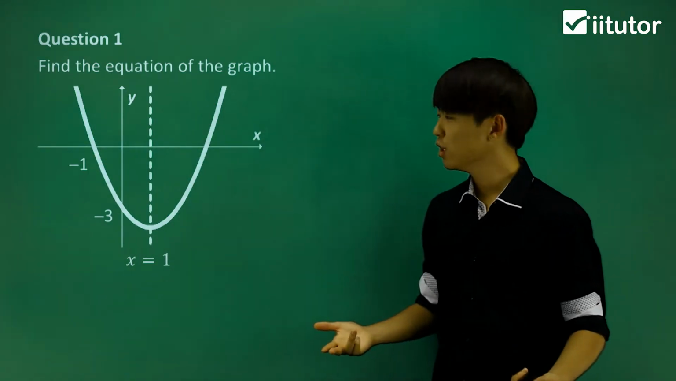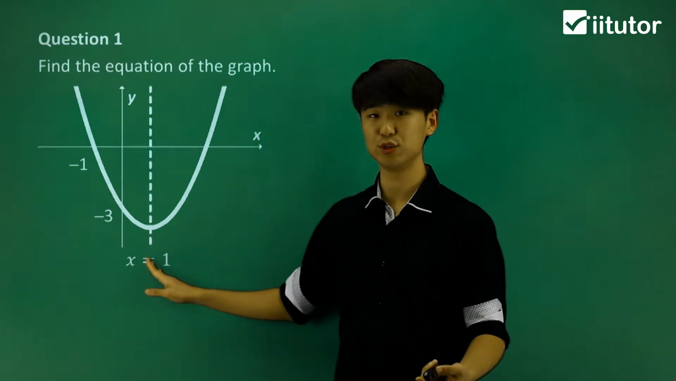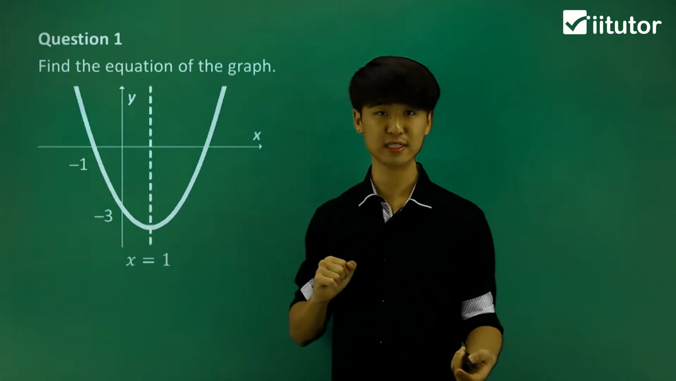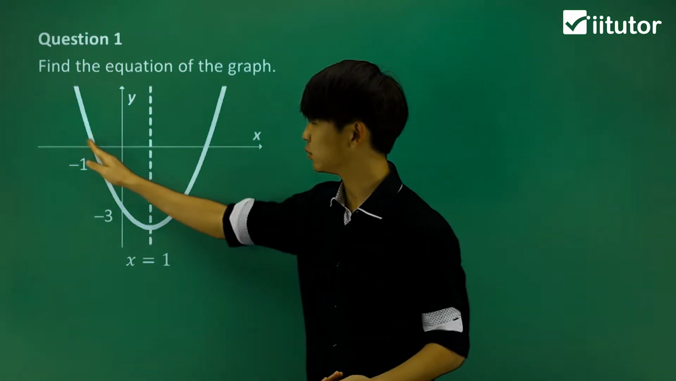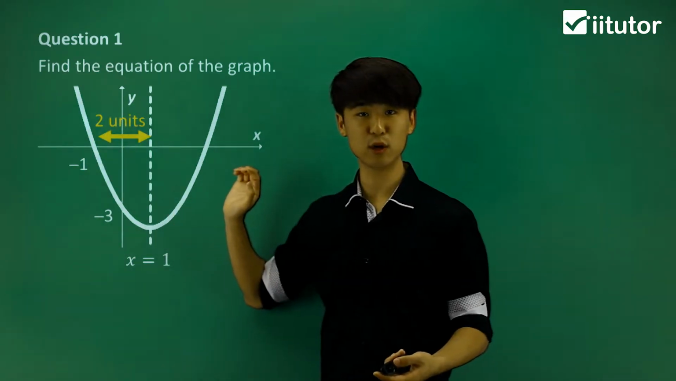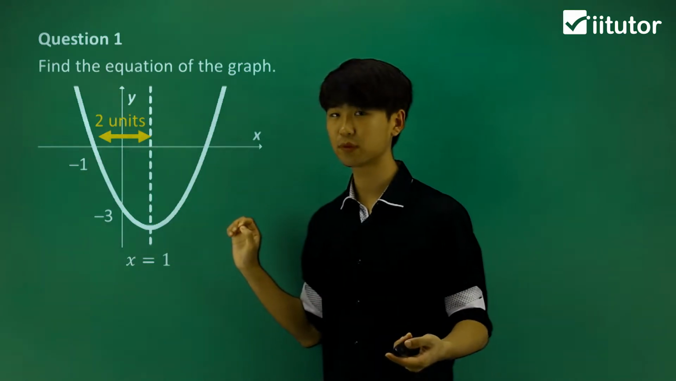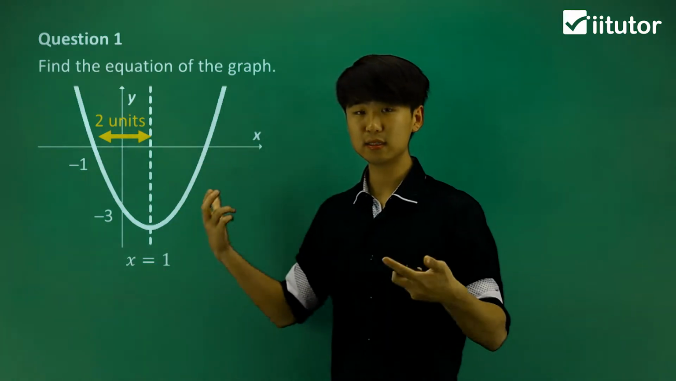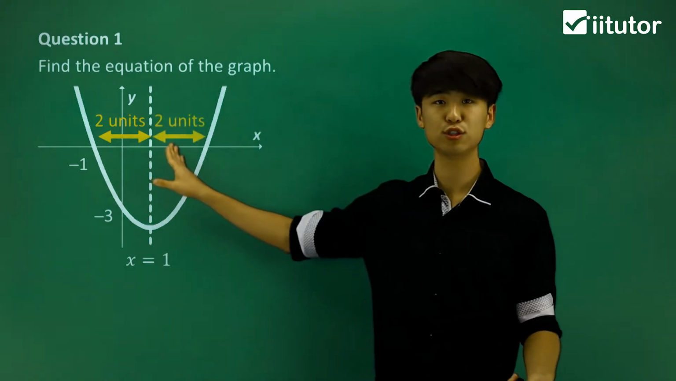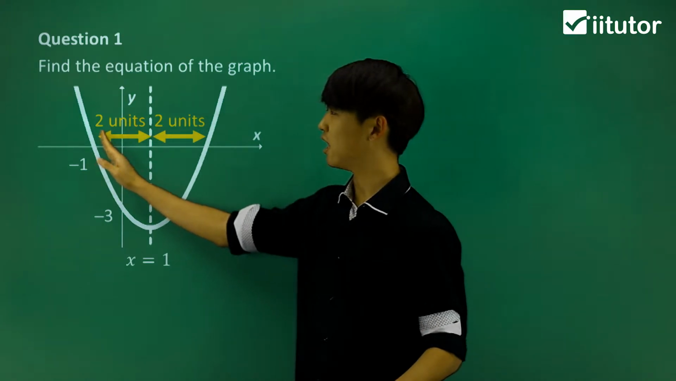If this is the axis of symmetry at x equals 1, and the intercept here is at x equals -1, what's the distance between these two points? It's going to be a total distance of 2 units, between -1 and 1. Again, parabolas are symmetrical, so if this is 2 units, then this is also 2 units. So a total of 4 units after this